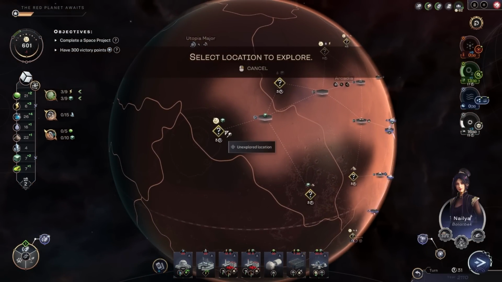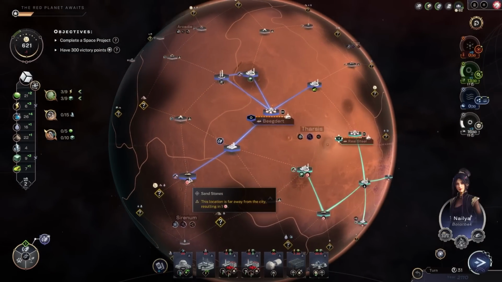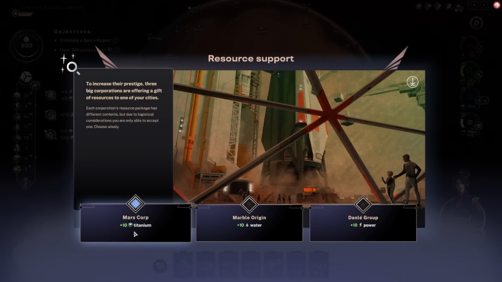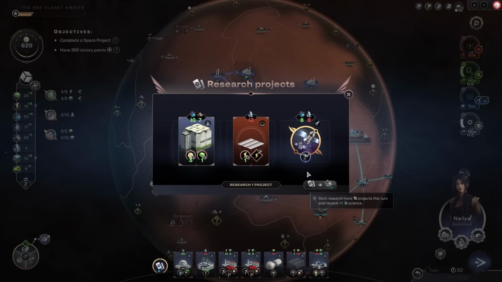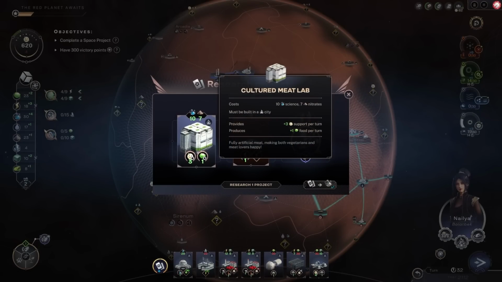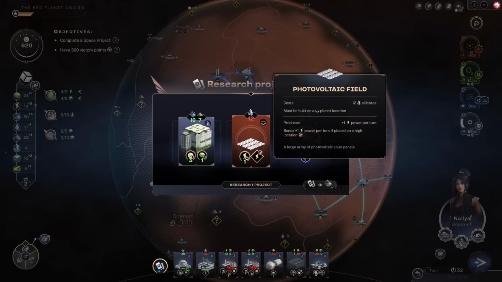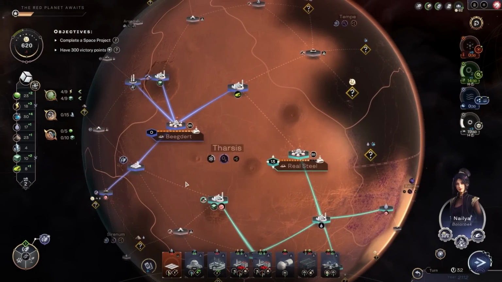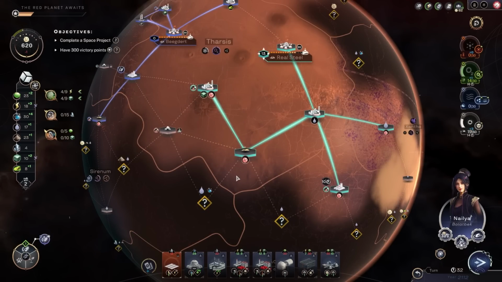So what else do we have? I'm just going to keep going really far away. And otherwise, I think we're good. So water, power, titanium. Probably power. Okay, so what else can we do? Culture meat lab, support per turn, or photovoltaic field. We need that. We don't have the resources at the moment, but we'll get there. Or we start trading for it. We can also get an atmosphere